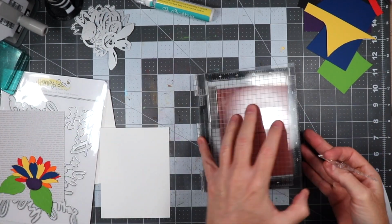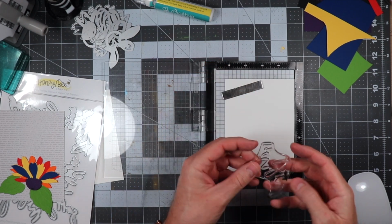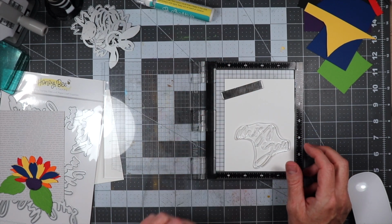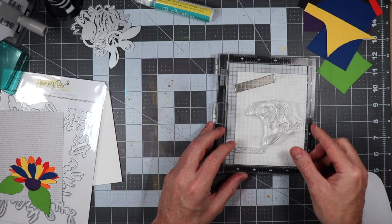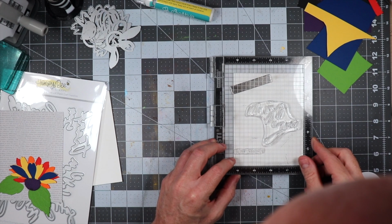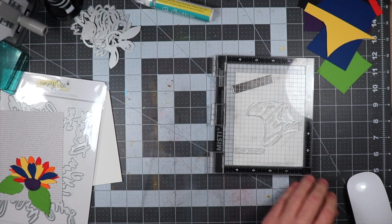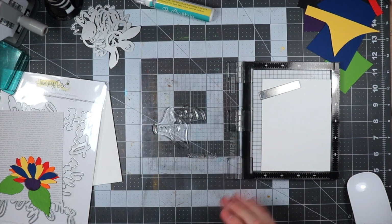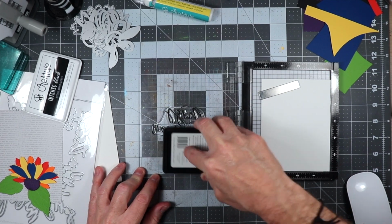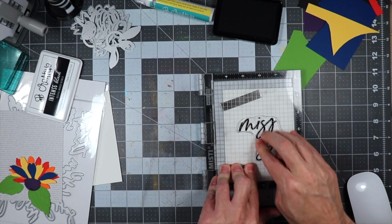Now the next thing we're going to do is stamp out the sentiments. I wanted to make sure it was going to fit on the card. So we're just going to use some Nina Solar white paper here along with all the stamps, and we are going to get this stamped out with some Honeybee Stamps Intense Black ink. And then once we have that all stamped out, we will run that through the die cutting machine so that we can get the Miss You out